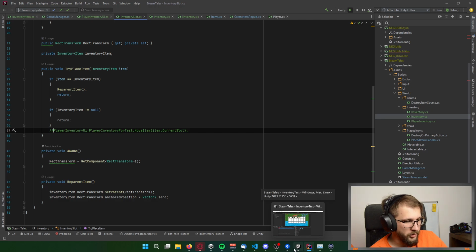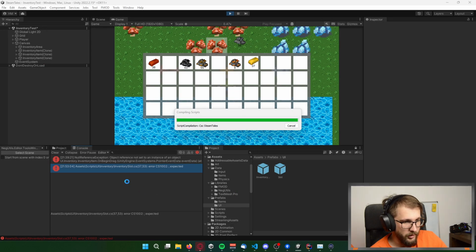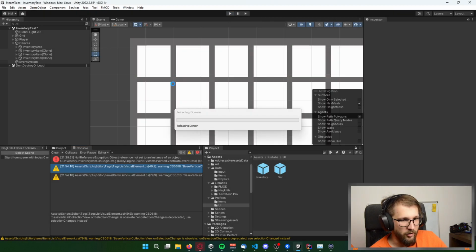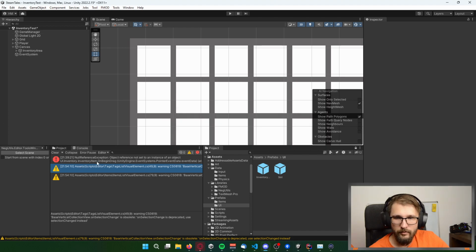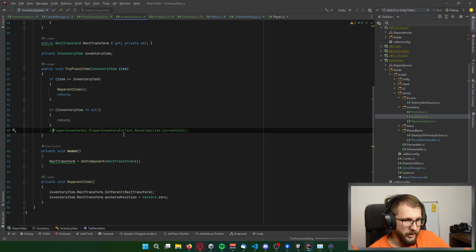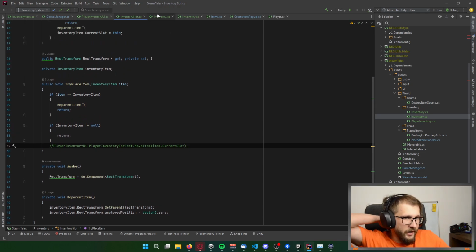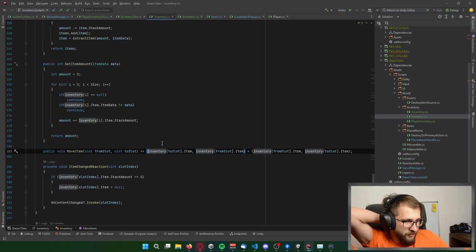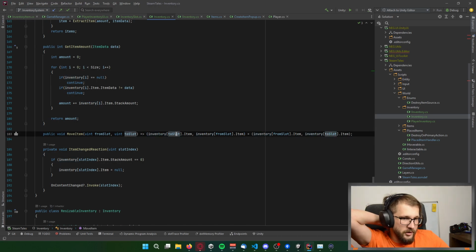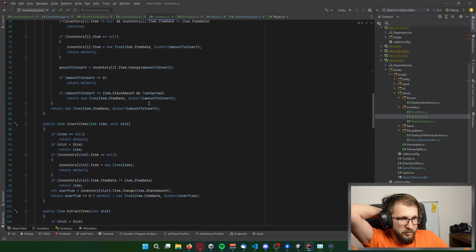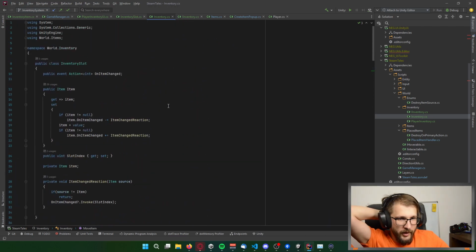Come on. Hello. Does it compile? Let me just turn off play mode so it can properly recompile. It looks like it works, but I have a little problem with it. Because first, one item will change, and there will be